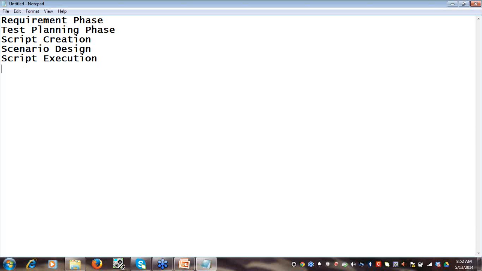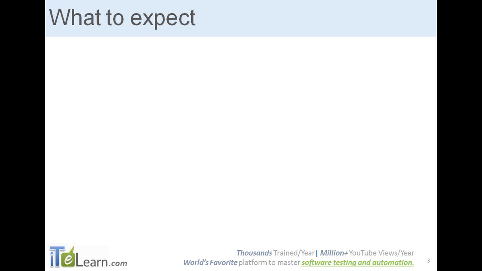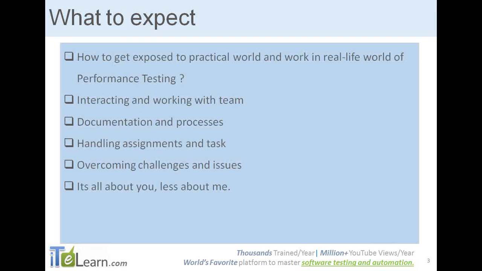Then analysis and then reporting. So these are the phases of a performance testing project. You would be working on these so that you get exposed to the practical world, how it actually works, and how we do performance testing of any application in the real world.